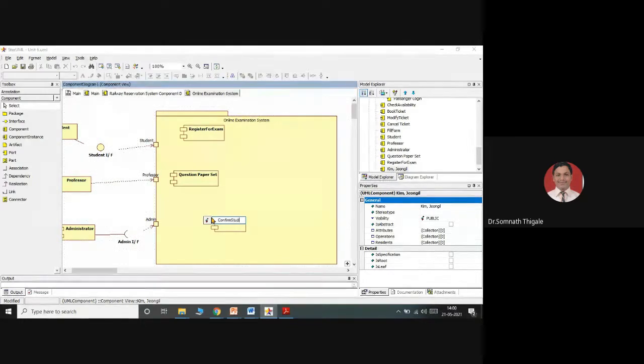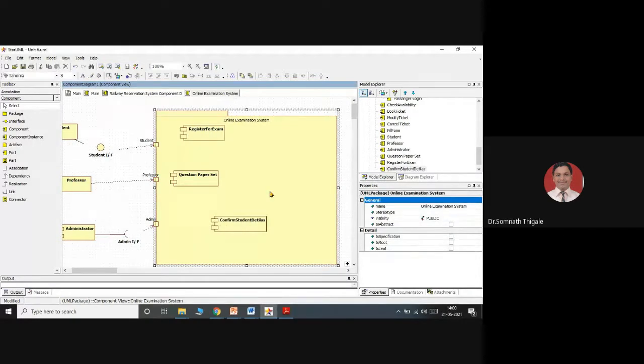Confirm the student details filled in by students while registering for the exam, and then the professor will set the question paper. The same thing will be confirmed by the administrators: set, check, or confirm question papers. We can consider this as a part of a component.